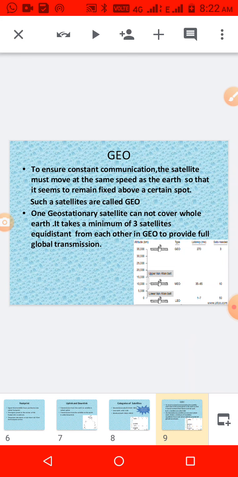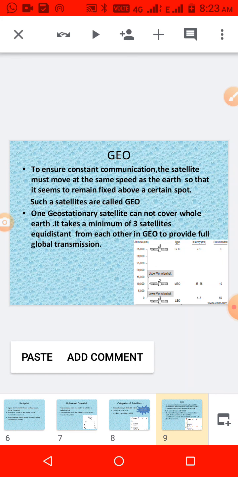If you want to transmit data in GEO, three satellites are formed nearby. Then only we can do full global transmission using GEO, and its height is approximately 35,000 kilometers from